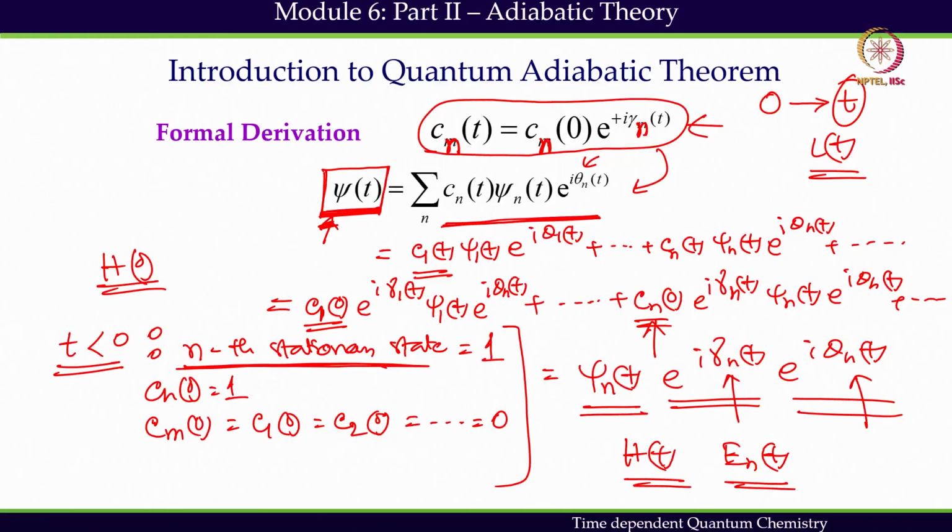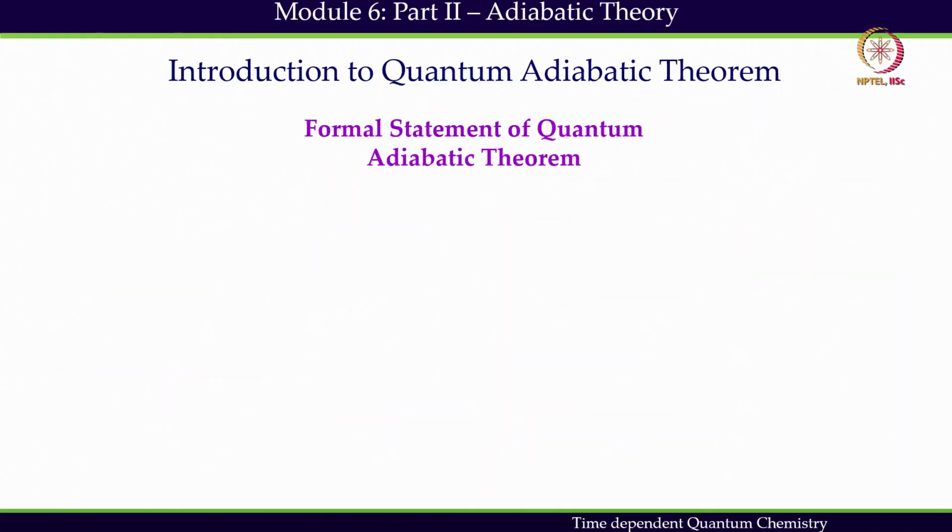These two phases are the dynamical phase, which has to be included in the wave function. So, we will write down the formal statement of the quantum adiabatic theorem. Under the quantum adiabatic theorem, the Hamiltonian of a quantum system